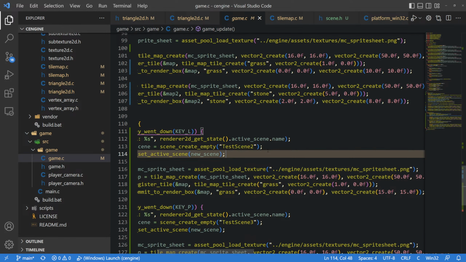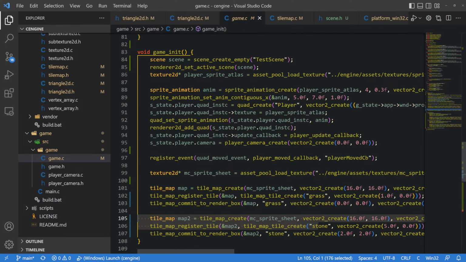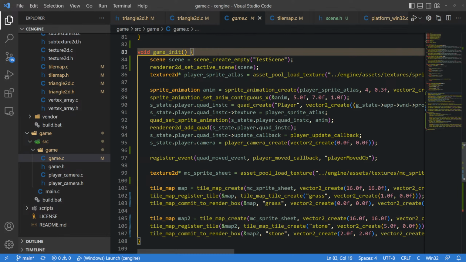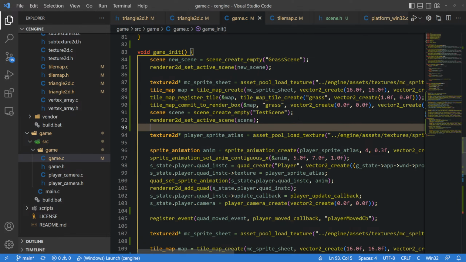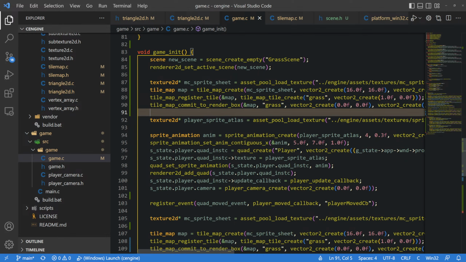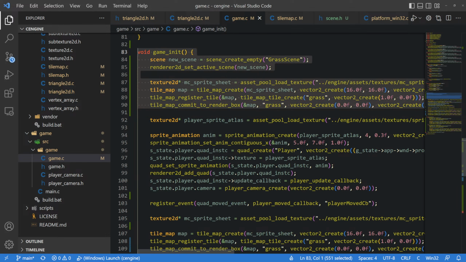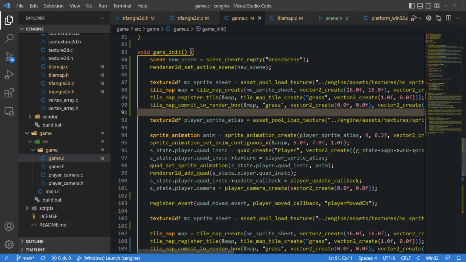You can have, let's call it grass scene. Set active scene, okay, no. That's the grass scene. Okay, and then